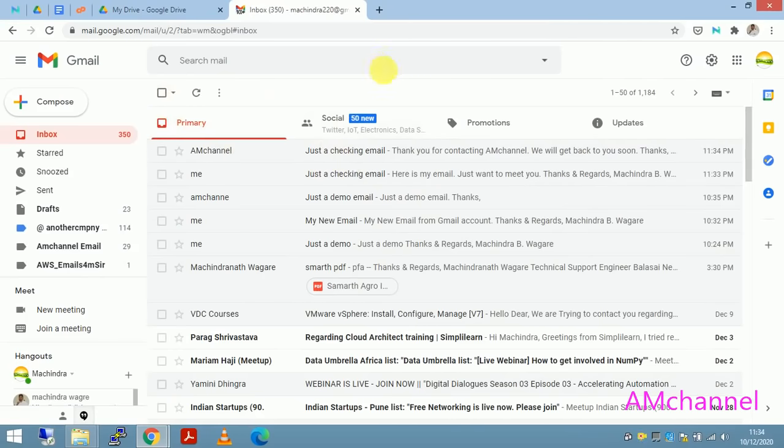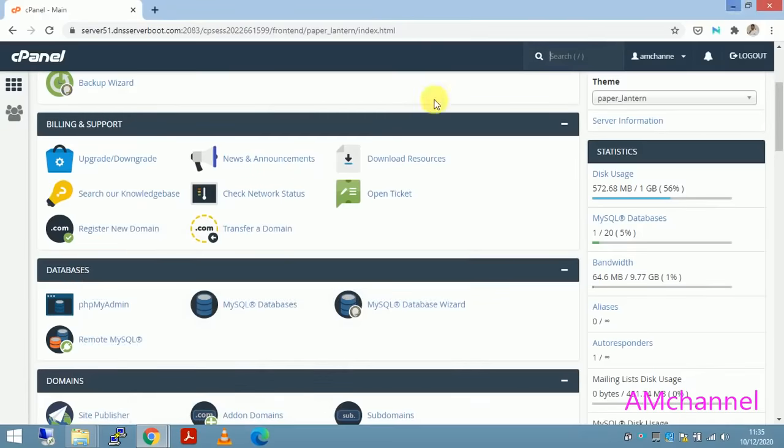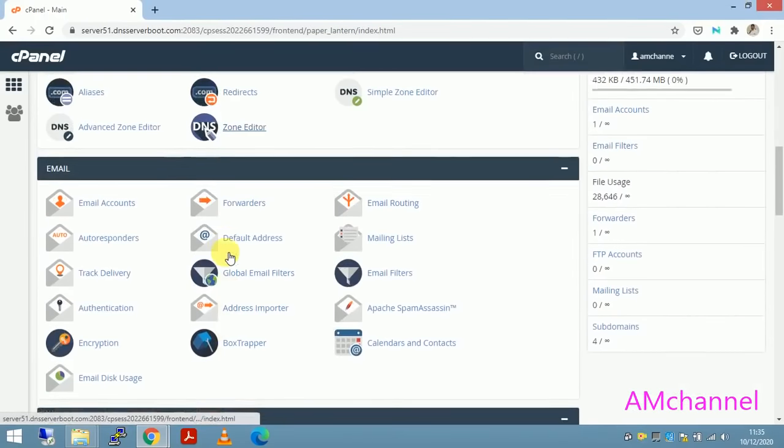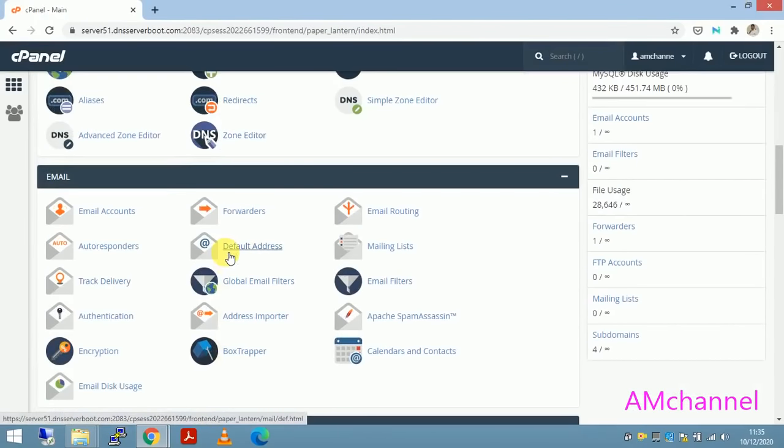And you can use this feature if you are on holiday, or if there is any situation like you are not available for 1 hour, 2 hours, sometimes if you are busy, or if you are out of office, so that you can use this feature of autoresponder and your users will get the message.